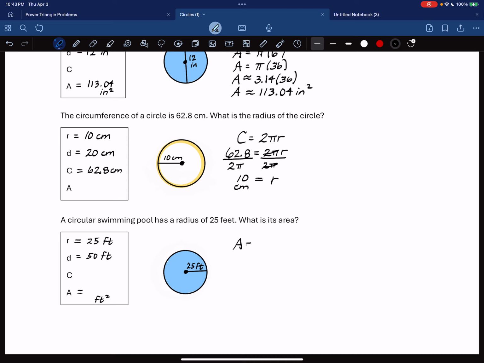So area is pi times the radius squared. Pi times 50 squared, not times 2. So pi is 3.14, but 50 times 50 is your radius squared. And then when you multiply that times pi,